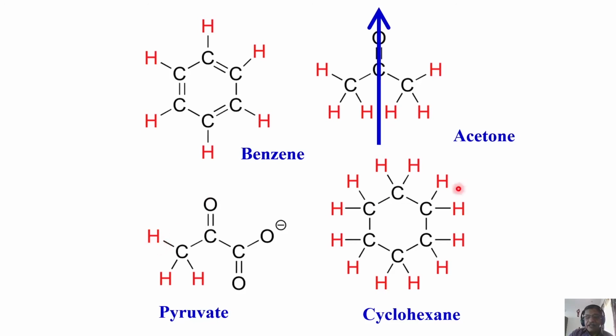Remember, this is a fantastic molecule, cyclohexane. Now let's see, is there any symmetry for this molecule? Fantastic symmetry is there. All protons are equivalent. All carbons are chemically equivalent. If I look at the proton NMR, you get a single peak. If you look at the carbon 13 NMR, you still get a single peak. Remember, this is because of symmetry operation.